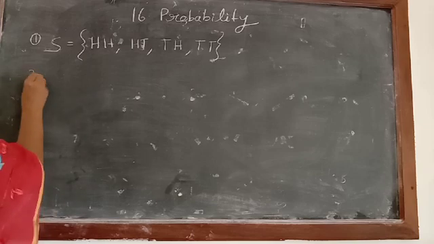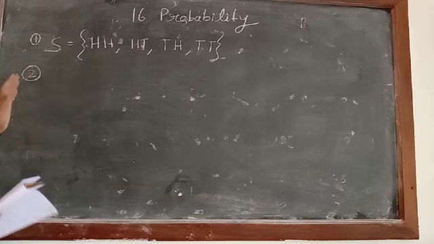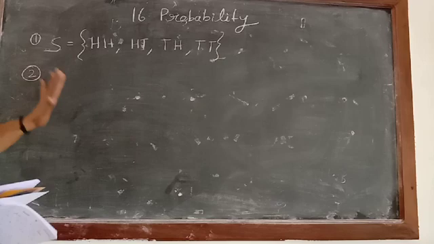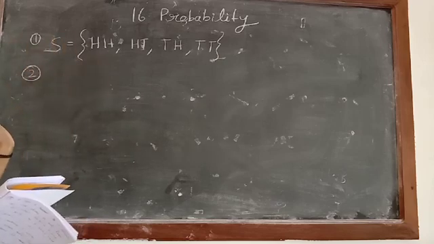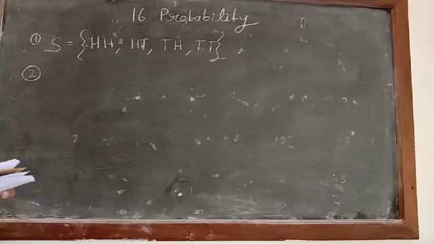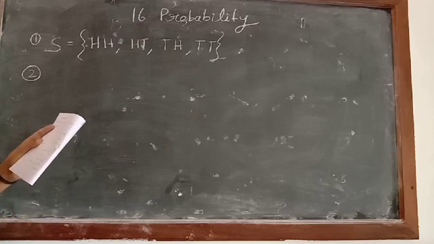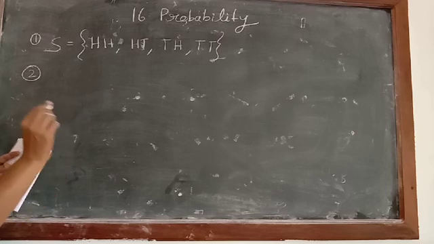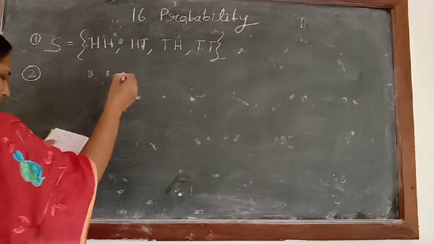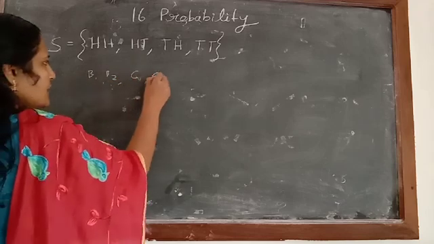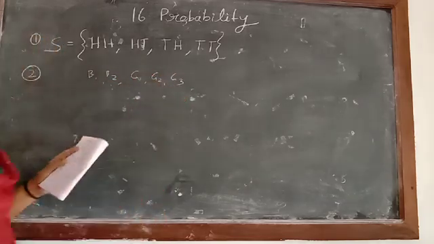Clear how to write down the sample space? Okay. Now we can check the next question. This much only we have to write at present. The question is: describe the sample space for the following. Okay, first one is over. Now the second one: from a group of 2 boys and 3 girls. 2 boys, so you can name them B1, B2, and 3 girls, so G1, G2, G3 we can write down.